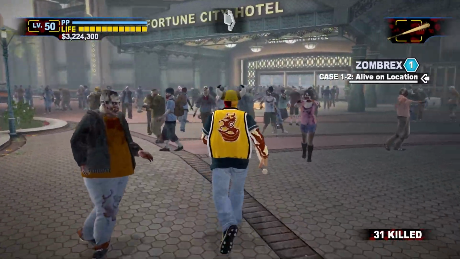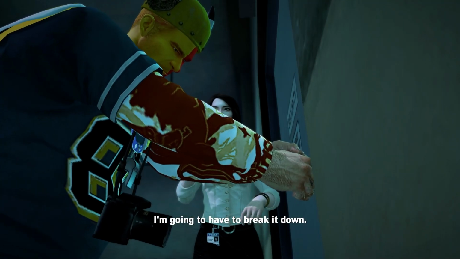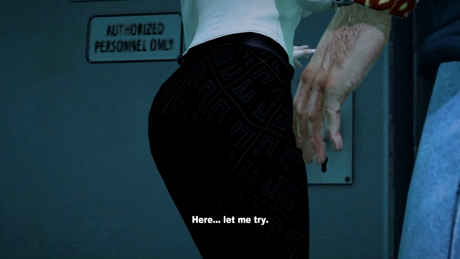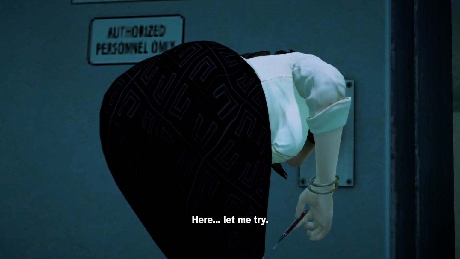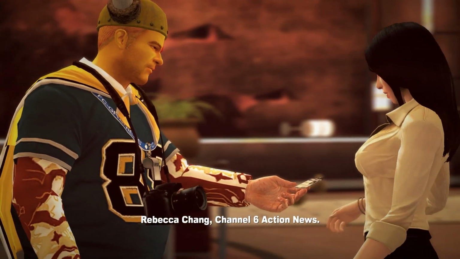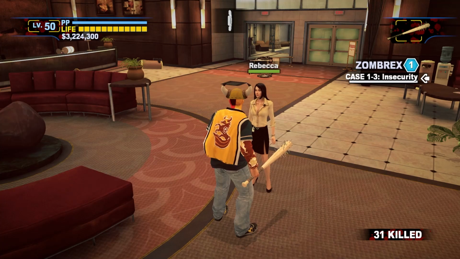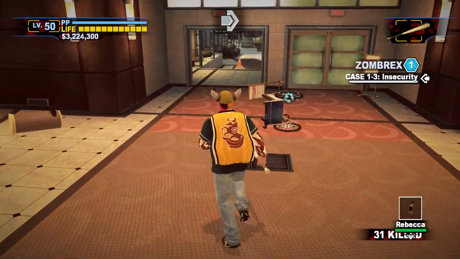The Fortune City Hotel is locked until Alive on Location becomes available, and you simply won't be able to access the arena's security office without Rebecca's assistance. First, head up to the Fortune City Hotel after taking your first Zombrex to meet up with Rebecca. Inside the hotel lobby, head south into the South Plaza. You'll find a